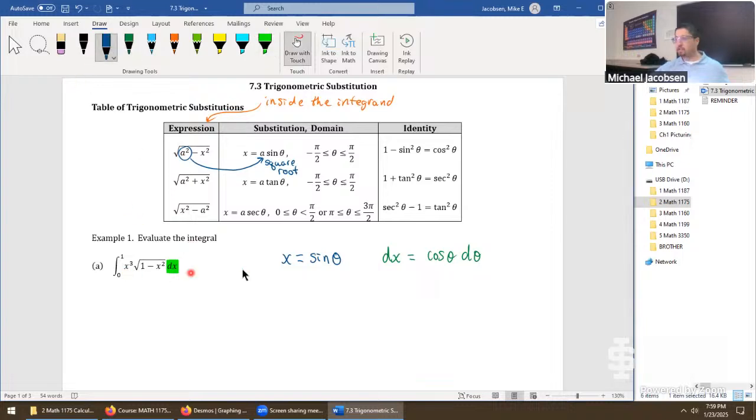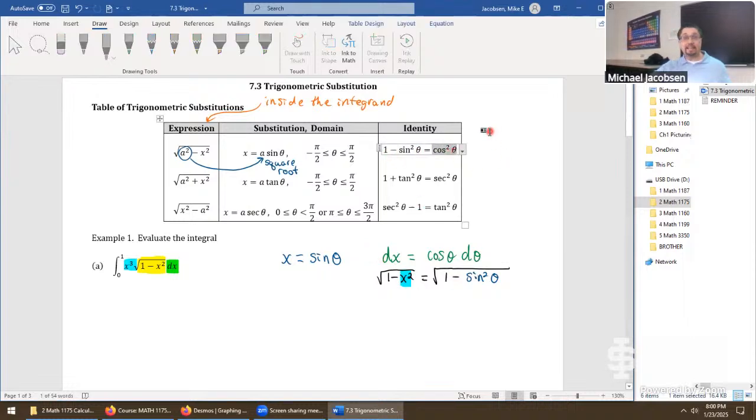Now, for x cubed, that's just going to be sine cubed, so that one is not as bad to deal with. The one we need a little bit more work on, that needs the identity, is the portion with the square root right here. So let's do that on the margin as well. It is root 1 minus x squared equals root. The x squared here is a particular substitution. That just turns into sine squared. So go 1 minus sine squared theta. Once you get to this stage, here's the identity that's involved. 1 minus sine squared theta is just cosine squared theta. So this turns into